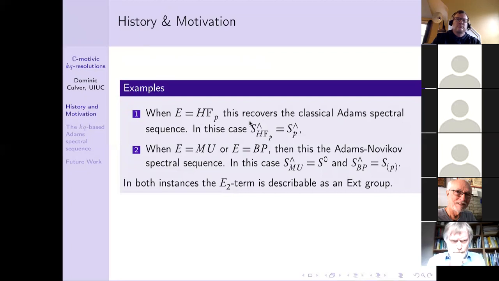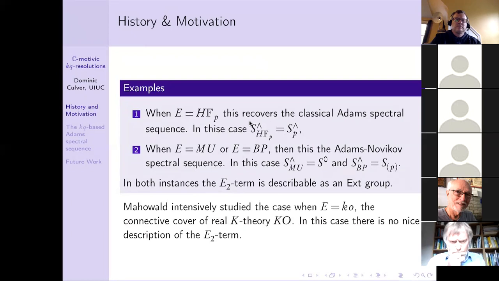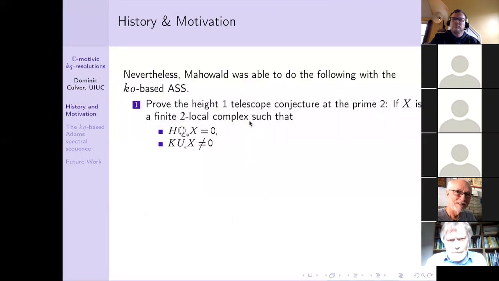The spectral sequence that I want to talk about today is more related to a version of the Adams spectral sequence which was studied by Mahowald. He studied very intensely the spectral sequence that you get when you let E be the connective real K-theory spectrum. In this case, there is no nice homological description of the E2 term, but nevertheless, Mahowald was able to do quite a bit of